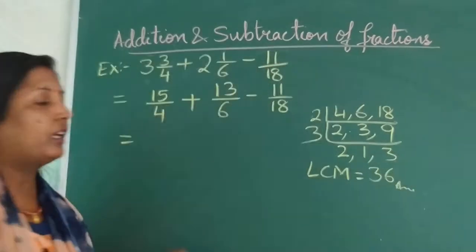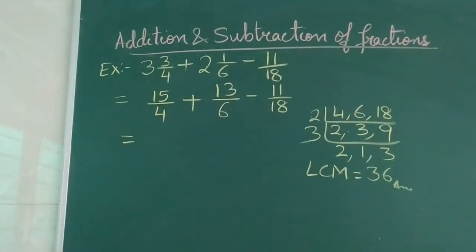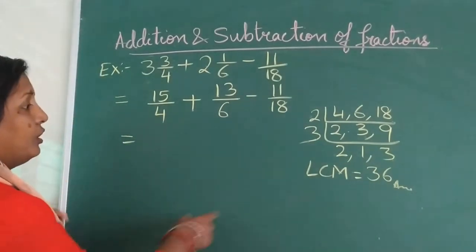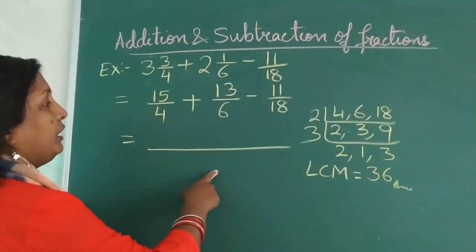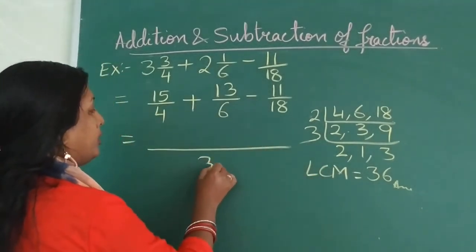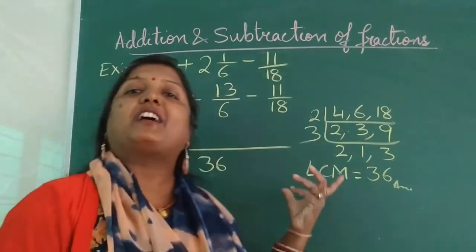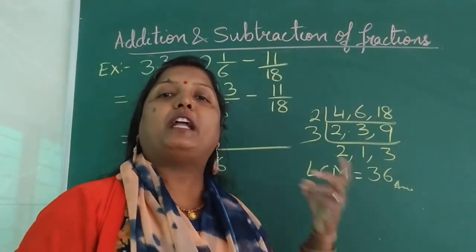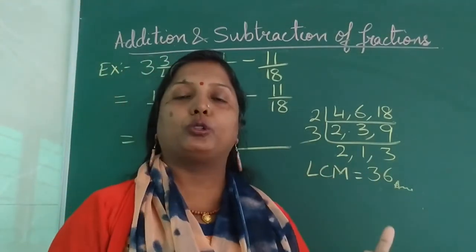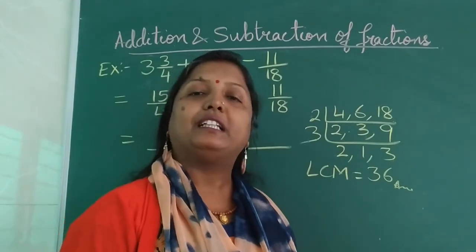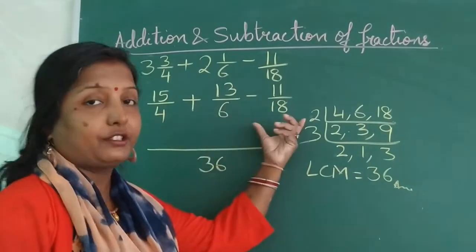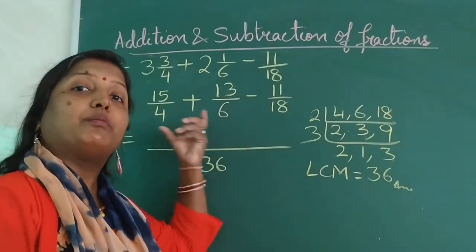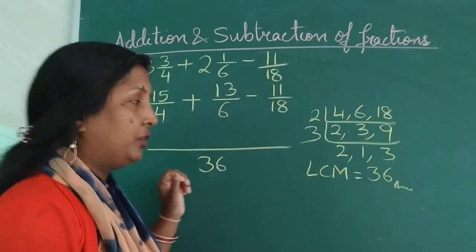Here we can directly write the answer. It is not necessary to show all the multiplication steps. Once you get the LCM, we will write it directly in the denominator, because all the denominators are going to be the same. So why write them separately one by one and then go to add the numerators? We will do that directly. So you are writing the LCM directly as the denominator for all 3 fractions, and we will simply go on writing the numerators on the top.